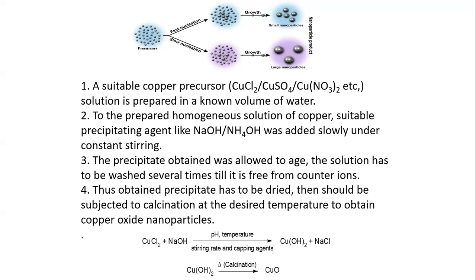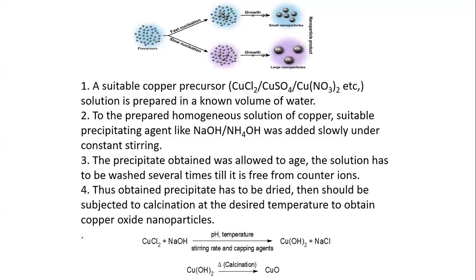Now in the case of copper oxide nanoparticle synthesis, the precursor taken is either a chloride salt, a sulfate salt of copper, or a nitrate. Any one of these can be taken, either copper chloride, copper sulfate, or copper nitrate, and a solution is prepared by adding a known volume of water. Then to this solution, the precipitating agent, usually an alkali like sodium hydroxide or ammonium hydroxide, is added